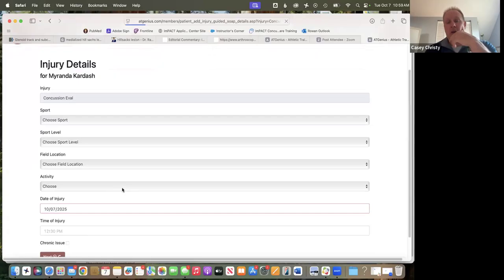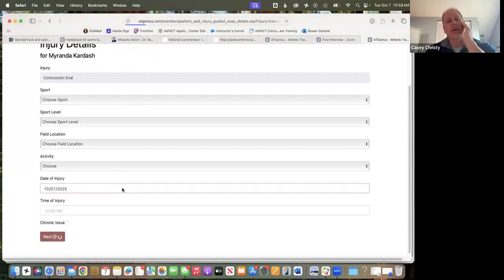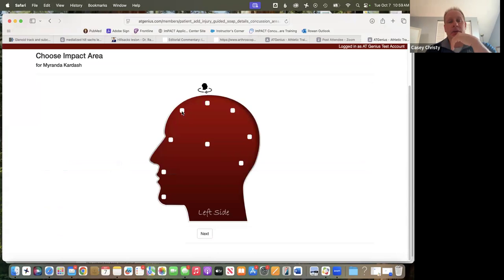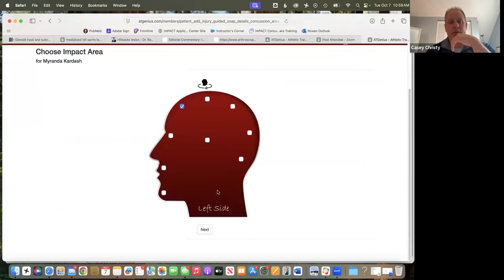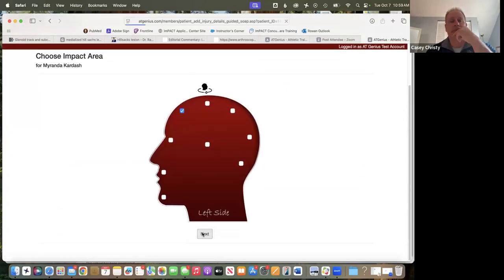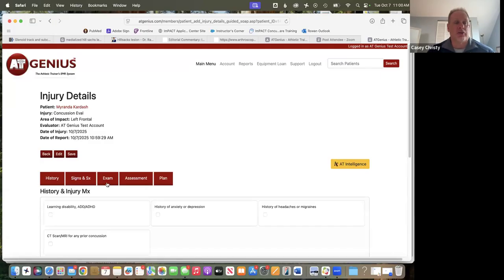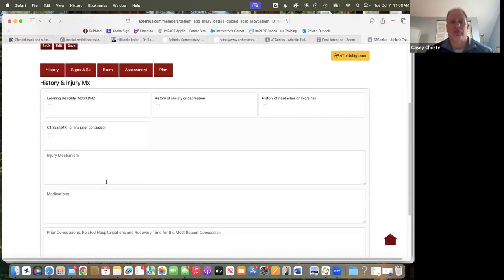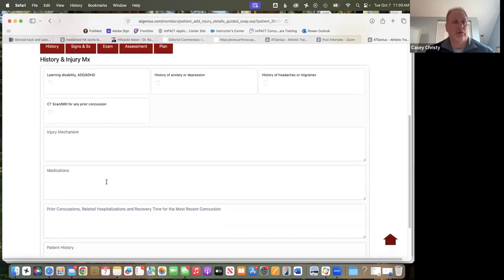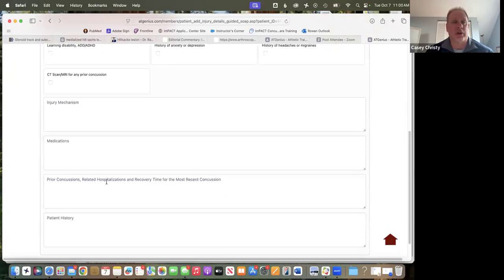One of the first things that pops up is the location of the head impact. So you can just check maybe it was in the top left, for example, and you can spin this around up here if necessary. And then once you get into the concussion evaluation aspect, it looks like a SOAP note. The same tabs are here, and you can take your history here, indicating if they have a learning disability or a history of headaches or migraines, and there's plenty of room to fill in important patient information on their history